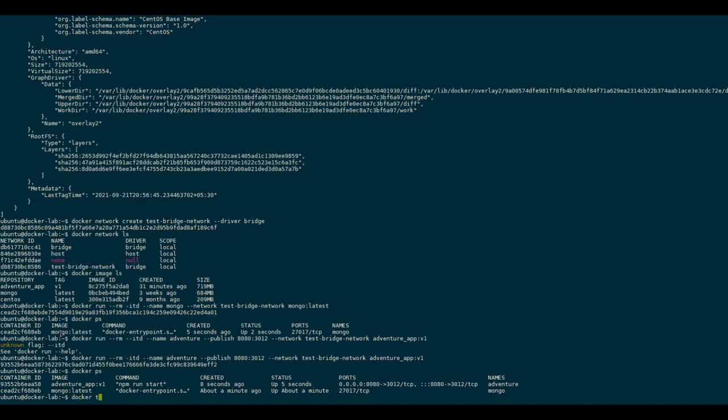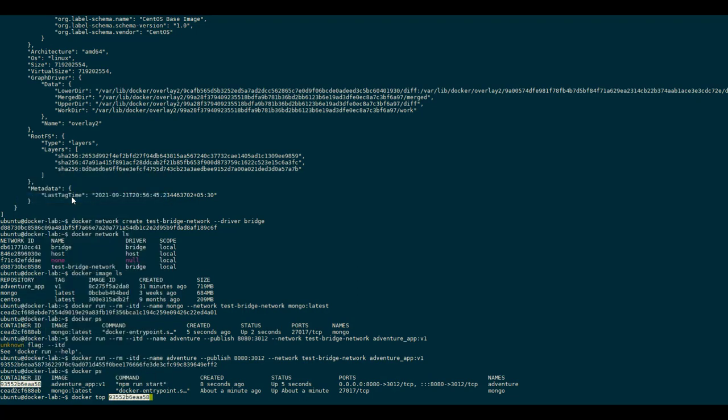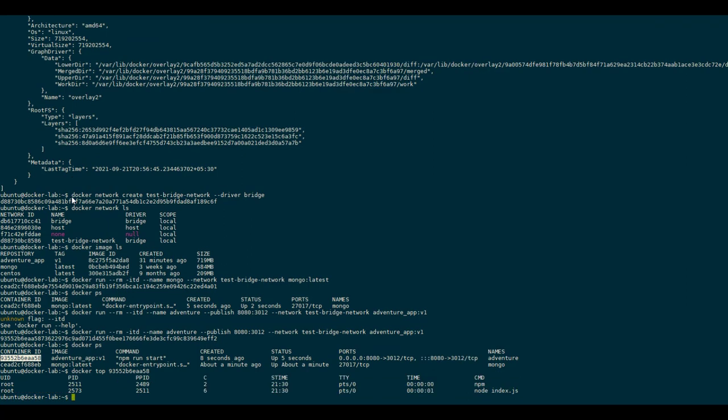Now let's see the processes running in the custom container. As you can see, there are two processes, npm and node, that call our start script.